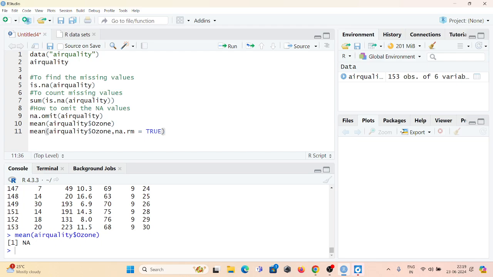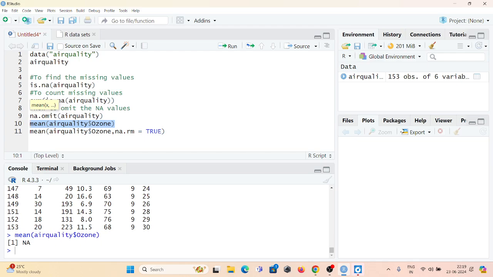If I write na.rm equal to FALSE, that means it will contain the NA values in the ozone variable. So if I don't write anything in this statement, by default it is na.rm equal to FALSE. That means this ozone variable consists of NA values.